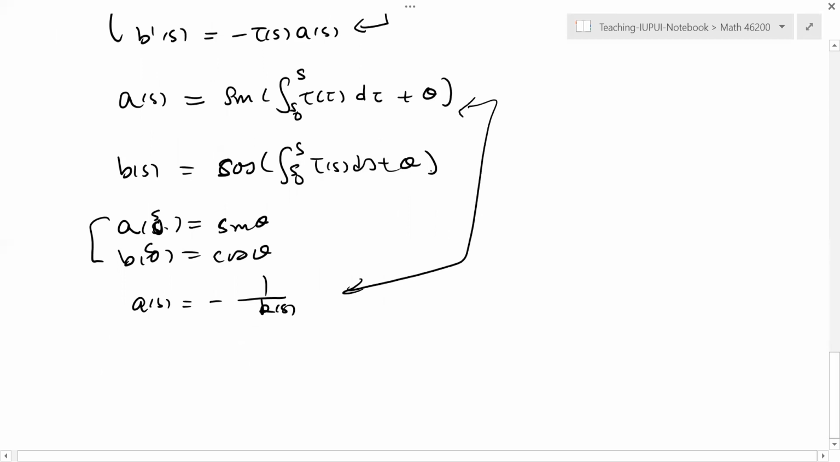Tau and kappa are not independent. So for a curve on the sphere, tau and kappa cannot be arbitrary. If you take arbitrary functions tau and kappa, then you're not going to get a sphere curve. If they're on a sphere, tau and kappa are related. Actually, kappa is determined by tau. Why? Look at this, right? This implies 1 over kappa equals negative sine